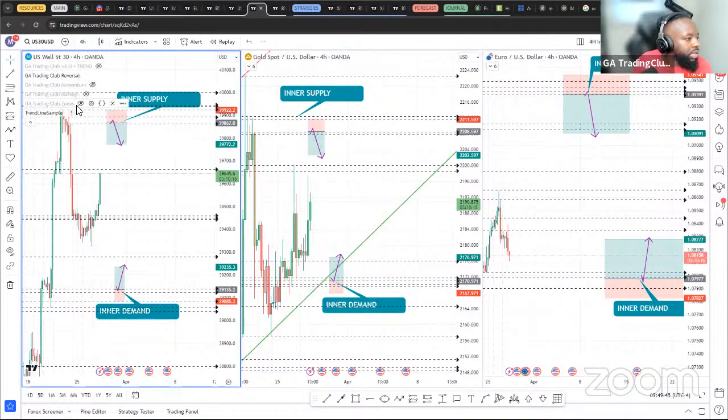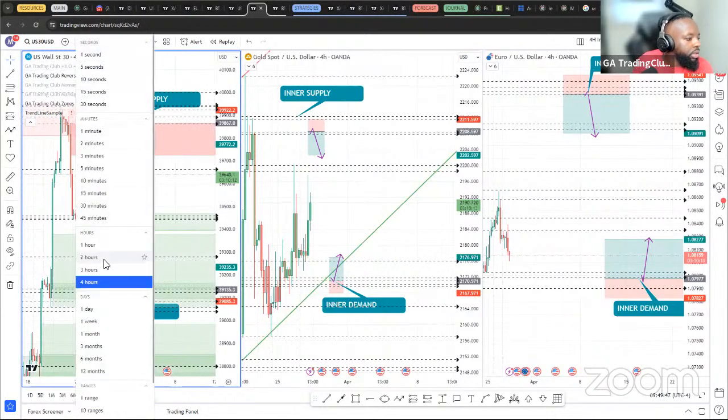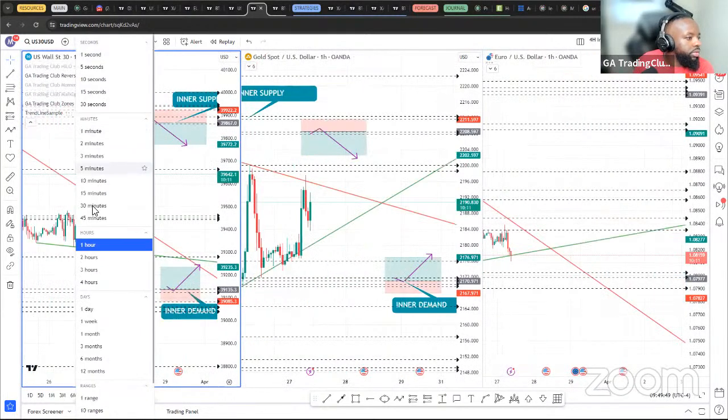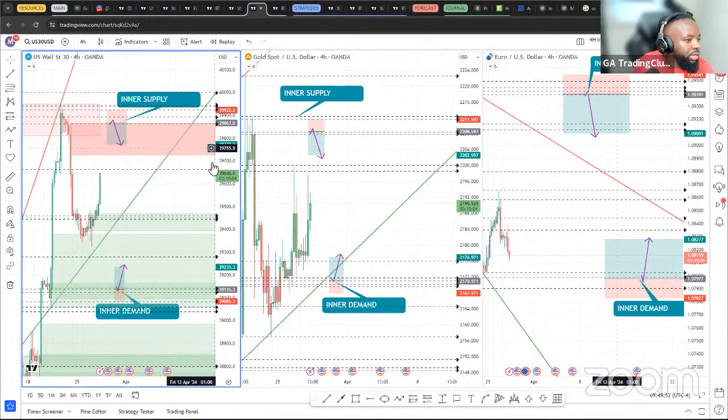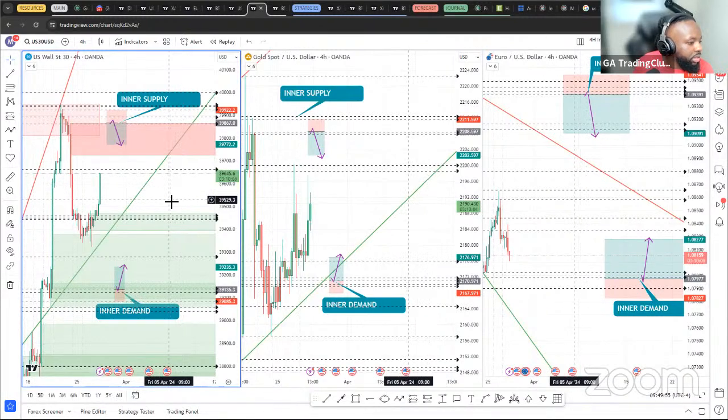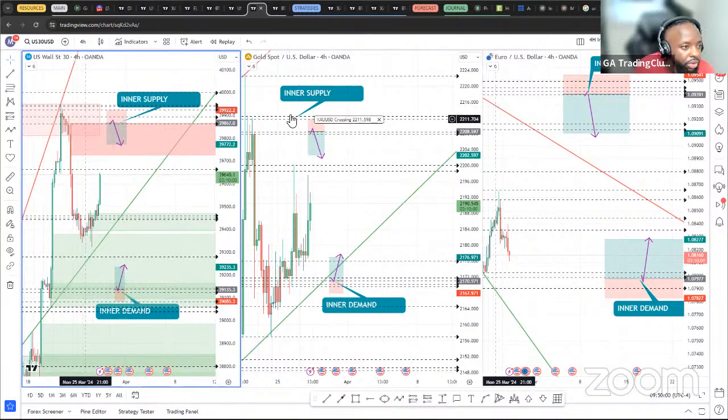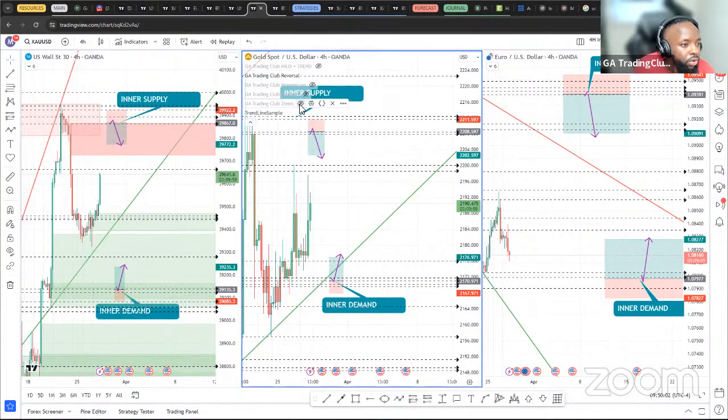And then the 4-hour setups. Just refresh the trend line. 4-hour setups. US30 sell remains at 39,867 on the 4-hour. The buy remains at 39,135. For gold,